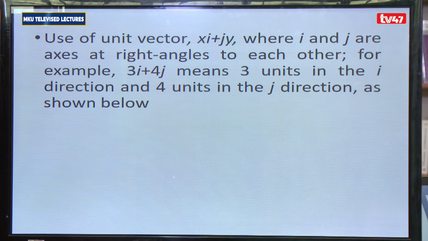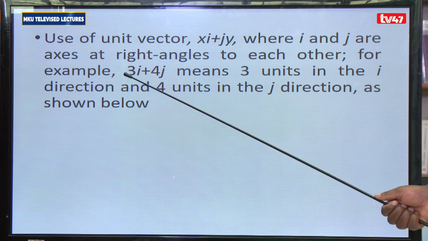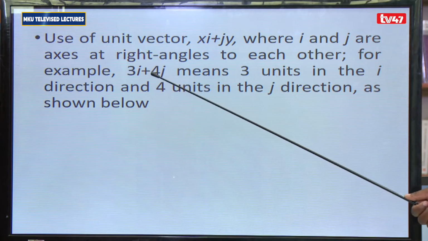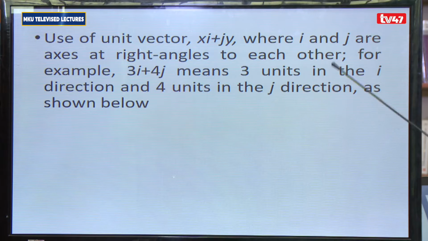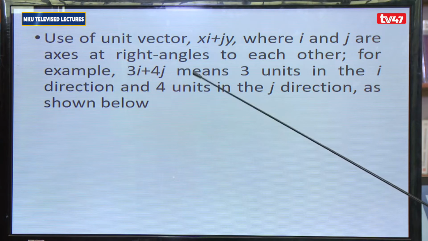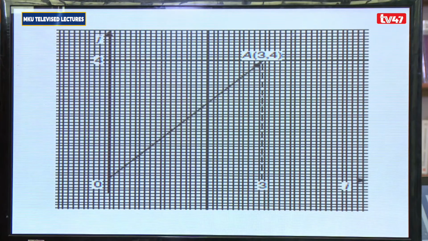An example of such a vector is 3i plus 4j, which means that there are 3 units in the i direction and 4 units in the j direction. And we have a diagram here which depicts exactly what I've said. And this line is a vector which has